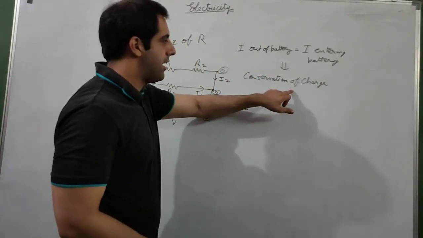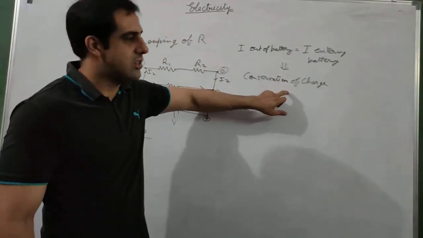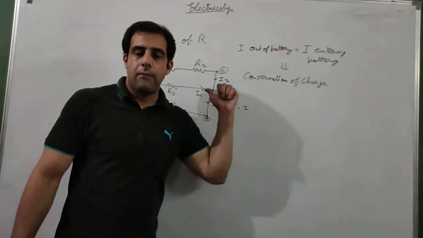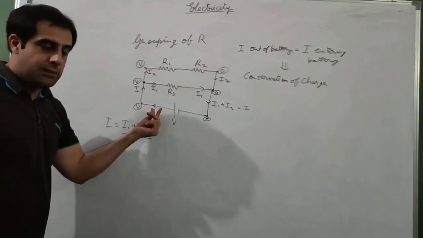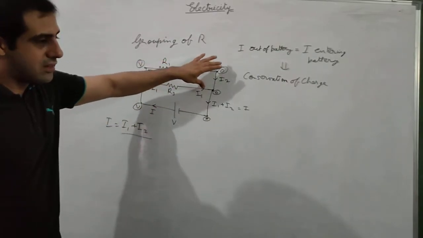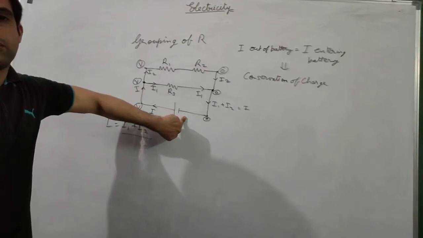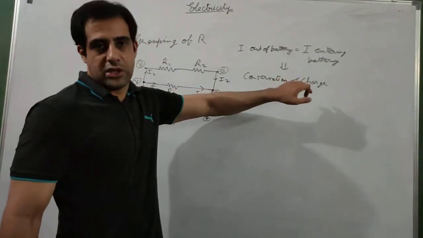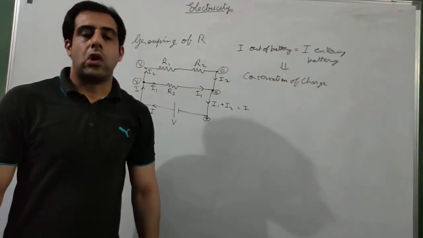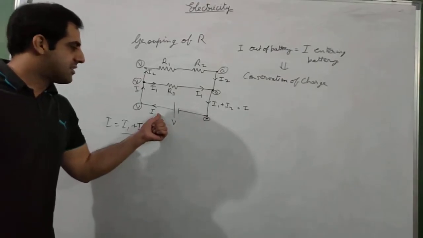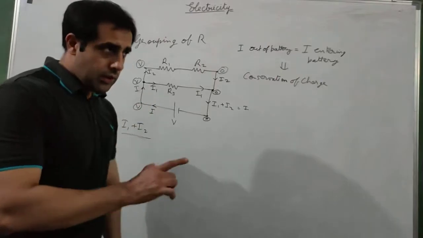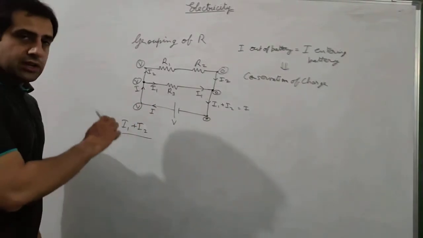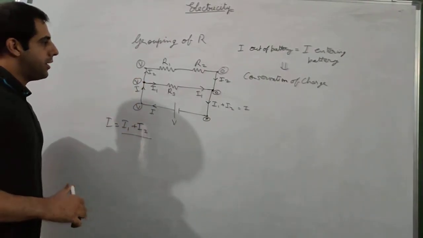Same conservation law is applied on the charge. The charge in a circuit always remains same. Whatever charge is coming out of the positive terminal, the same charge will travel in the circuit and enter the negative terminal. So charge is conserved, and if charge is conserved, obviously current will also be conserved. So if I is coming out of the battery, I will enter the battery also. Important thing, it is used in many concepts, so you keep that in mind.